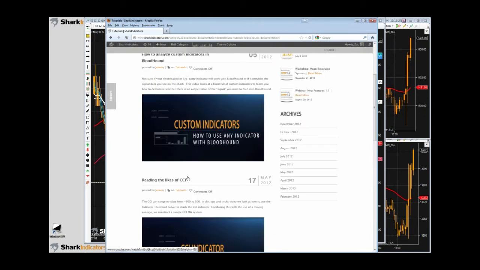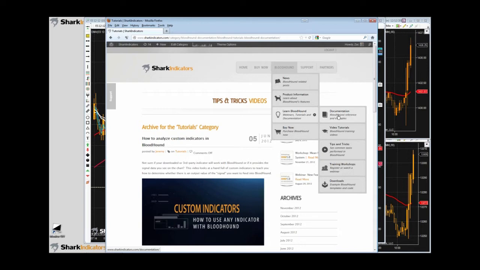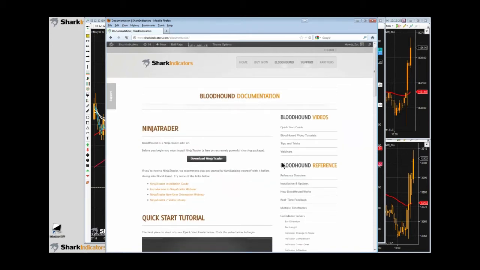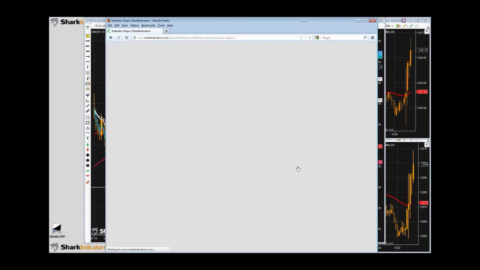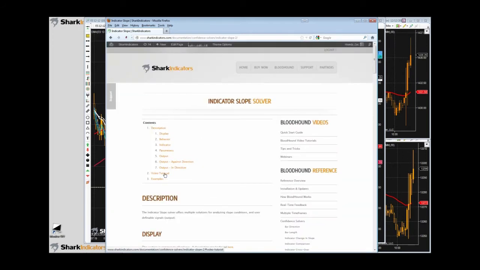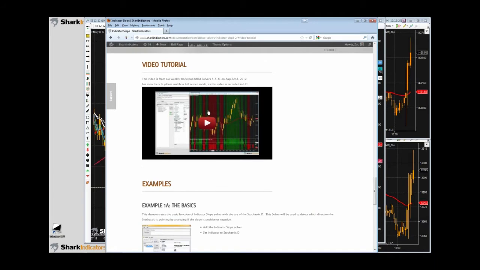All right, and then next, so for Roger, I'm going to answer your question, but just to help you out in the future, if you go to the documentation page, there's a video link now on all these solvers. So since your question is dealing with the slope, you can click on the slope solver here, and then when that comes up, you'll see the contents, and you'll see there's a video tutorial here. So that just links us down to the bottom of the page,